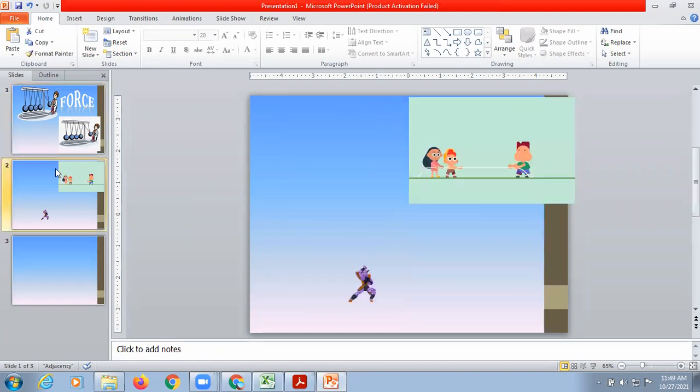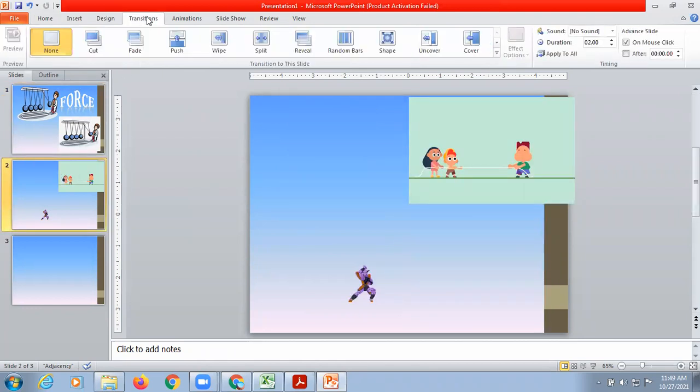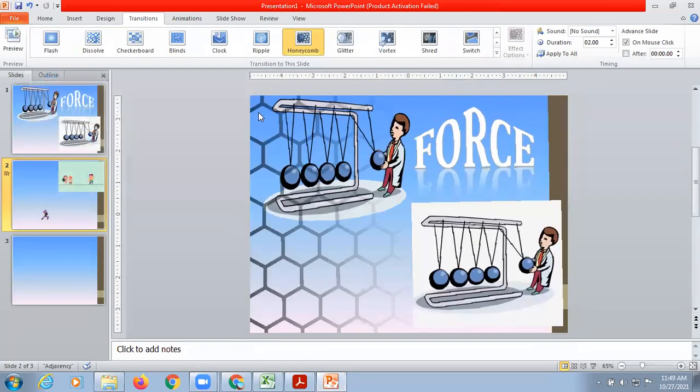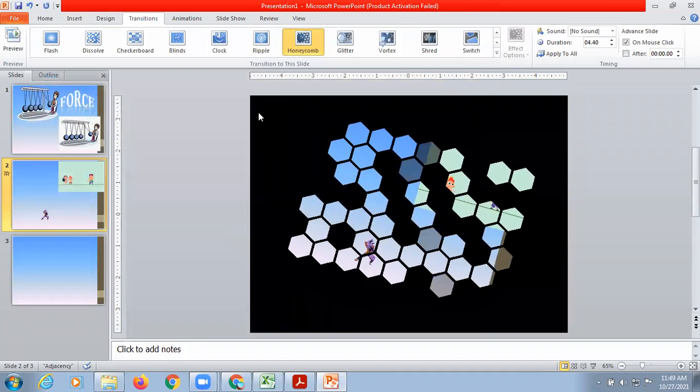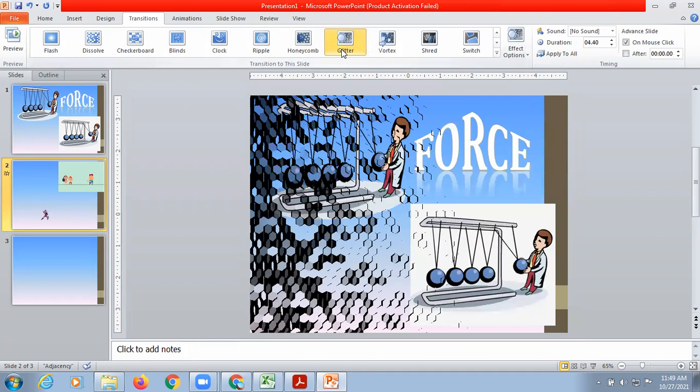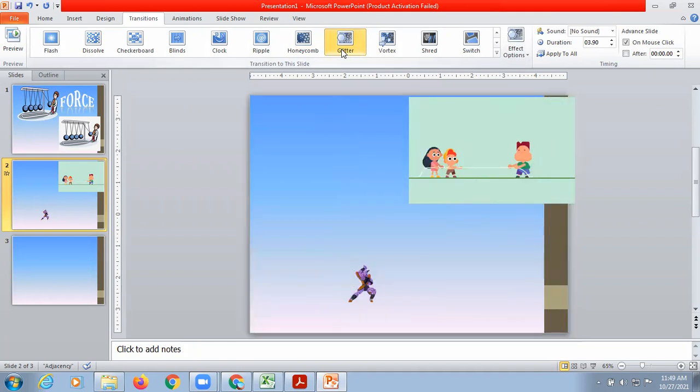So I will go to my second slide, go to the Transitions tab, and these are the different ways your second slide can appear. You can choose any of the styles. Let's say if I choose this one, then my second slide will appear in this way after the first slide. So this is called transition. Transition means how your next slide comes on the screen. It is totally up to you which style you use, right? Next is